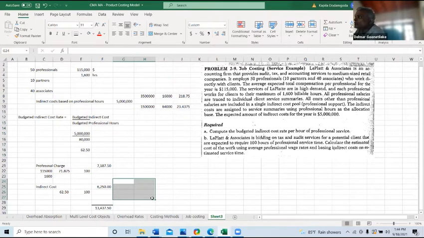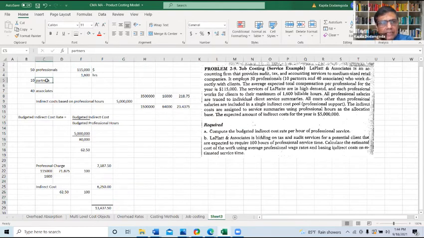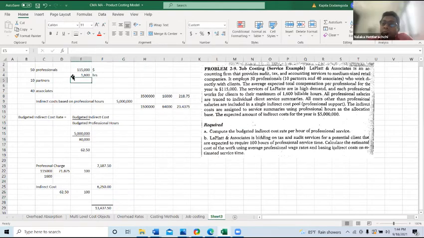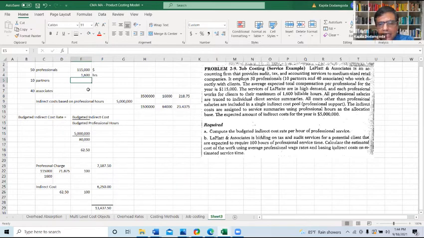So a similar approach can be taken here also, right? Yeah, that is actually also possible. That is going even one step further. What we suggested here is that for the professionals and the partners, this 115,000, rather than taking an average salary, we take the partner's salary as a higher rate, and then the associate salary at a different rate. That is one thing.